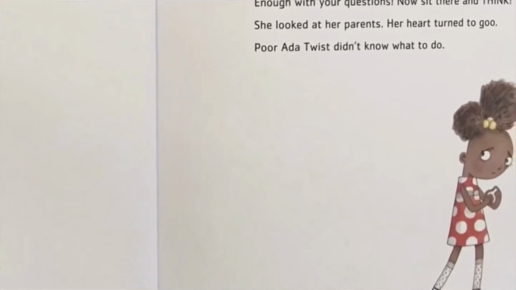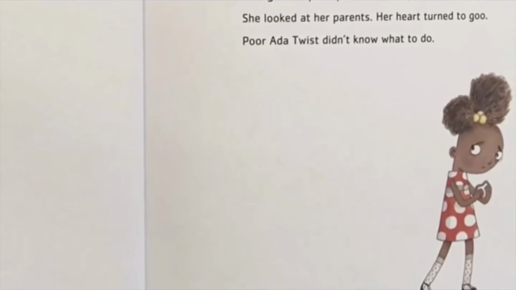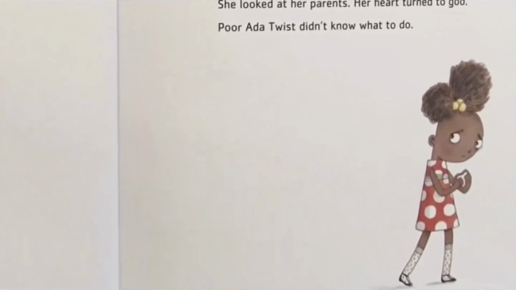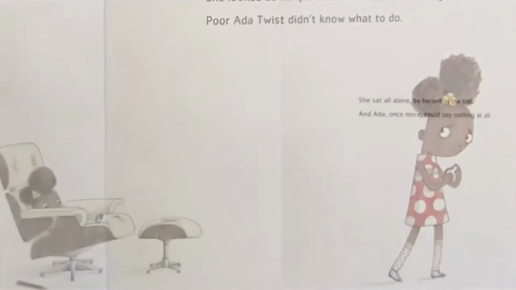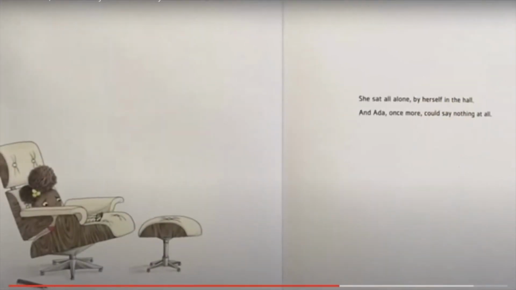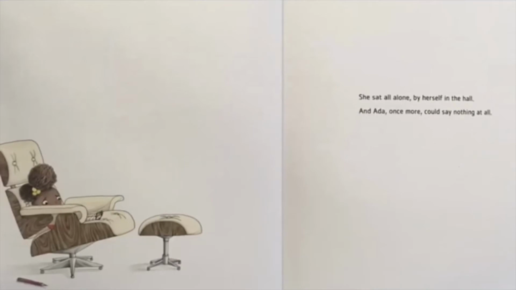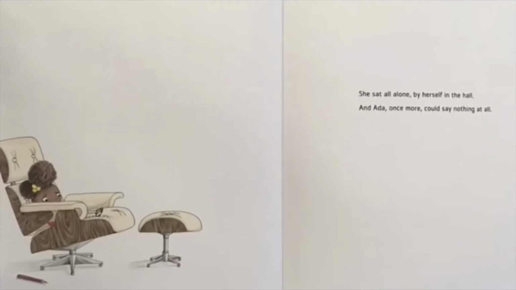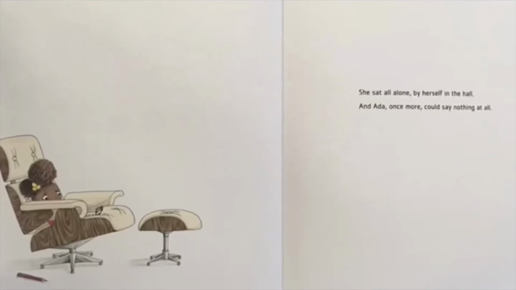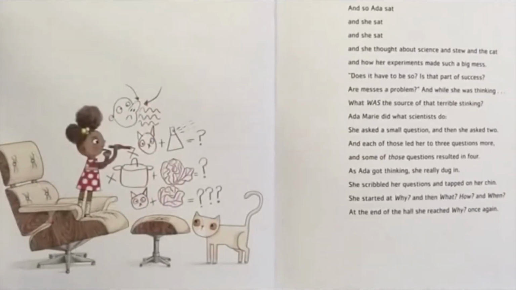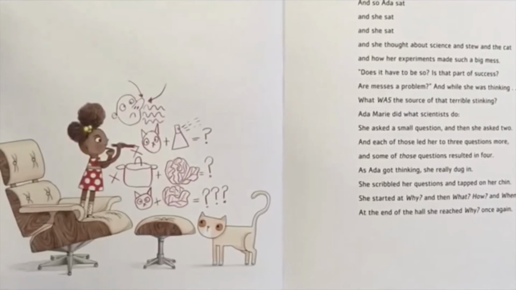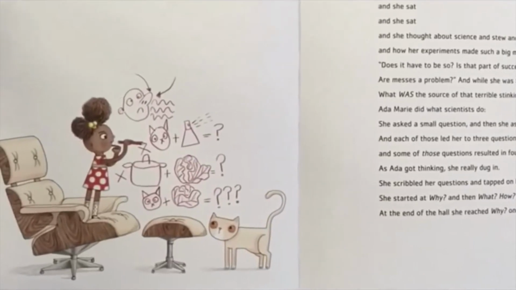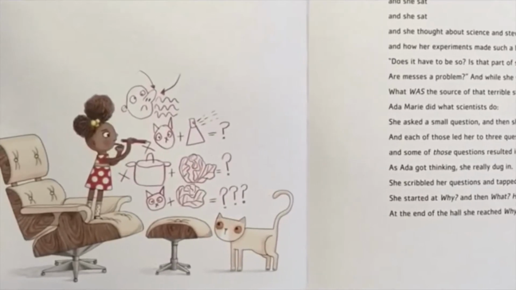She looked at her parents. Her heart turned to goo. Poor Ada Twist didn't know what to do. She sat all alone by herself in the hall, and Ada once more could say nothing at all. And so Ada sat, and she sat, and she sat, and she thought about science and stew and the cat